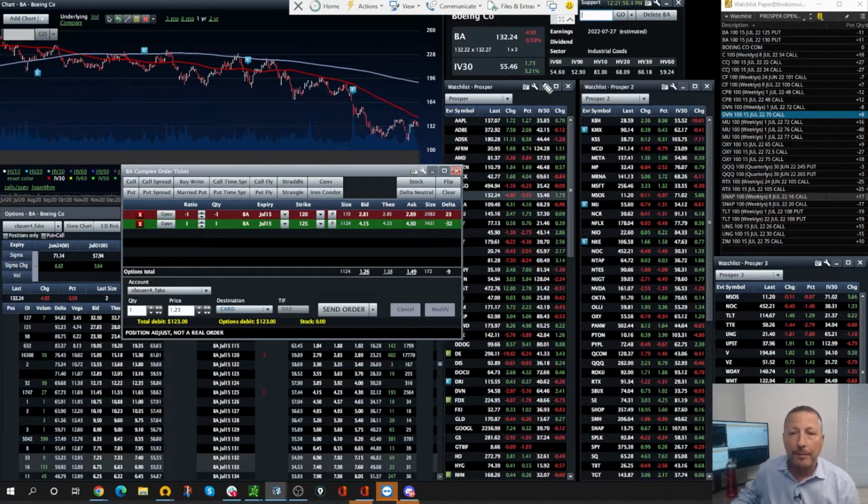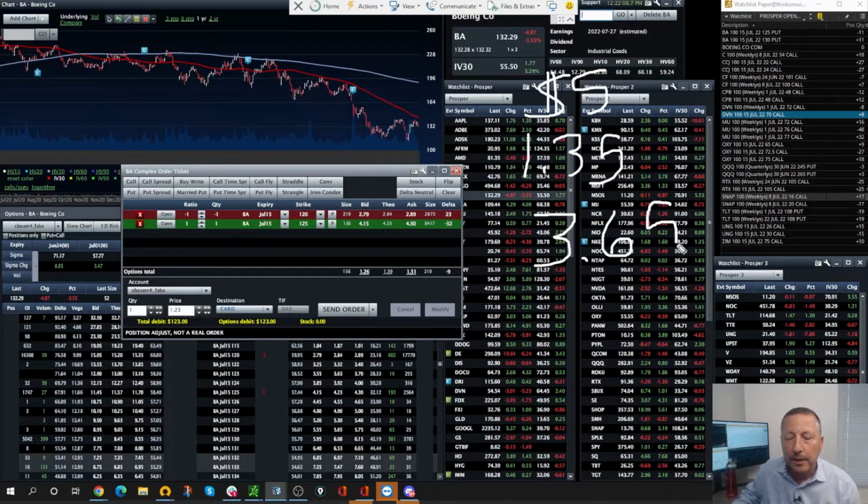Okay? So remember, $5 max, $1.35 investment, okay, means that our reward could be $365. 5 minus 1.35 is 3.65. So from there, we calculate our reward to risk. So the reward being 365,